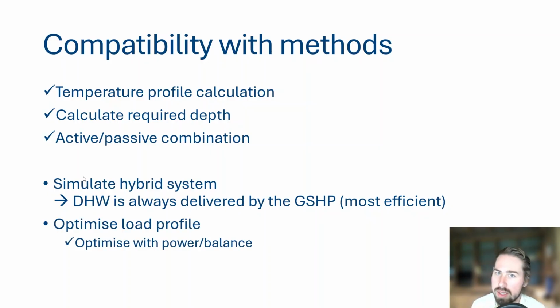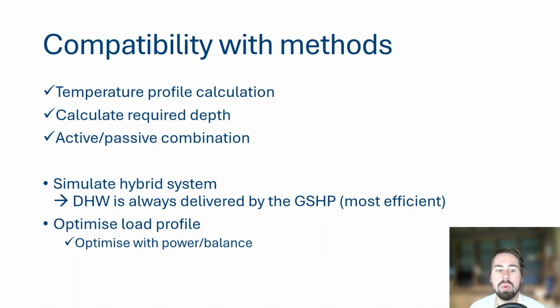Related to the optimization methods, we adapted the optimize for power and balance method to cope with these new hourly domestic hot water profiles. And the way we do this is that we say, well, our domestic hot water is preferably done by the ground source heat pump. So this means that